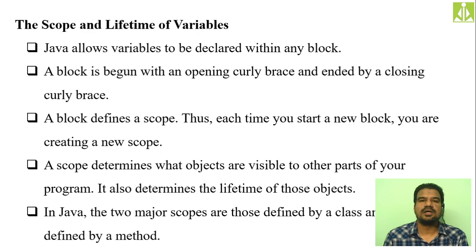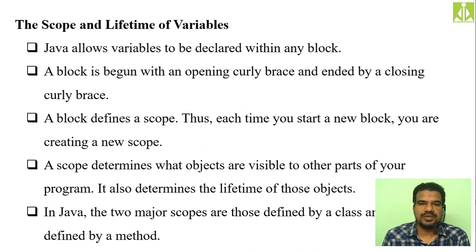Scope and lifetime of a variable. Generally, scope means the area or the time period or the lifetime of a variable. I mean, how long you can access a particular variable after its creation. You have created a variable, until what extent you can access it, till what extent the variable is available, till what extent the variable is alive for the access. These things are nothing but what we call a scope.